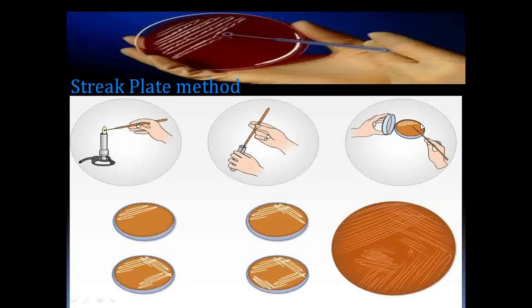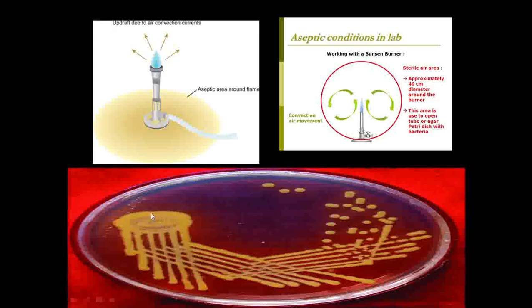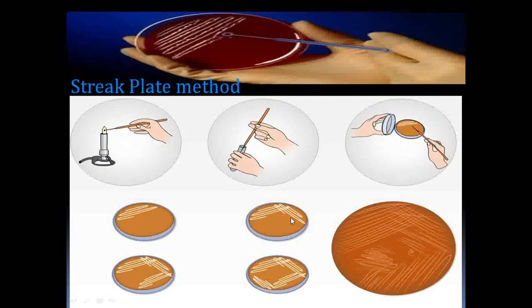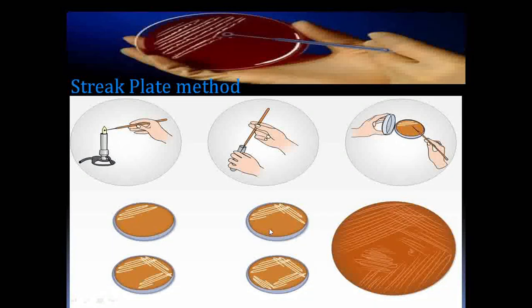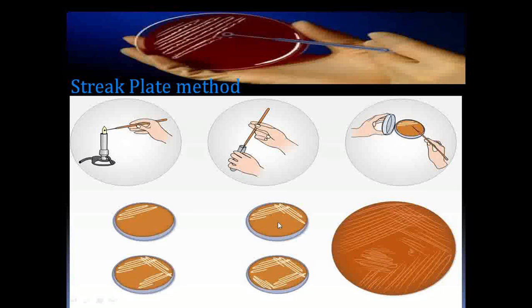So first let's check out how I can do it. I'll be streaking in a particular pattern. You can see the pattern is like that, right? Then again I'll remove my loop and start streaking from this side, right? So here you can see the streaking has happened. Again I'll start from this side. So this way, this way, this way, again in this way. At last I'll be streaking into the middle part. So I have completed it, and at last I have streaked into the middle part.